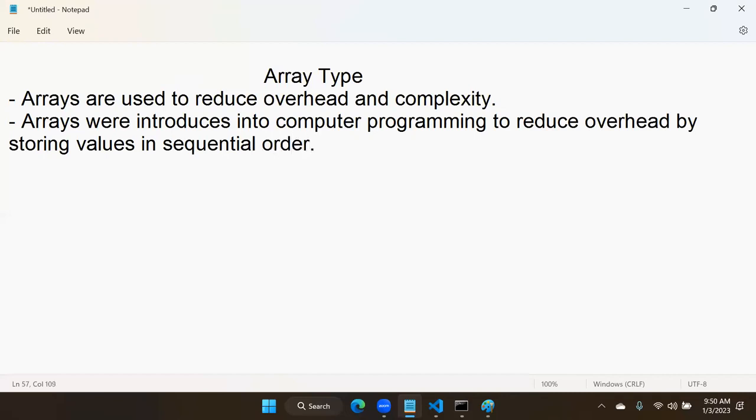By storing values in sequential order. Earlier, we didn't have the array concept. Arrays came into computer programming after floppy, CD, and hard disk were invented. Earlier, there was no need for arrays because data was already in sequential order only. After floppy, CD, and hard disk were invented and used in our computer devices, we started